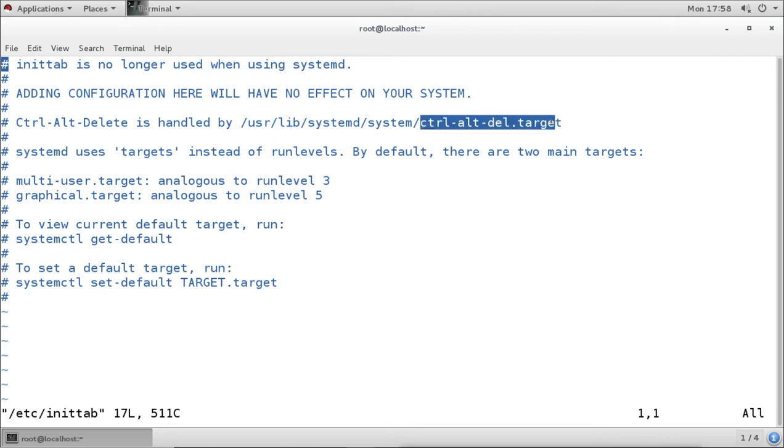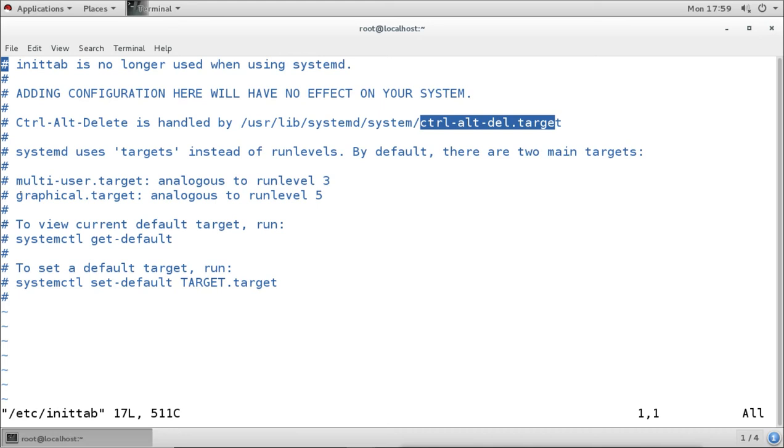That means when we press Control Alt Delete while our system is running, what to do is defined under this target. The system uses targets instead of run levels. It is clearly saying here that it is not using run levels, it is using targets. By default there are two main targets related to run levels.